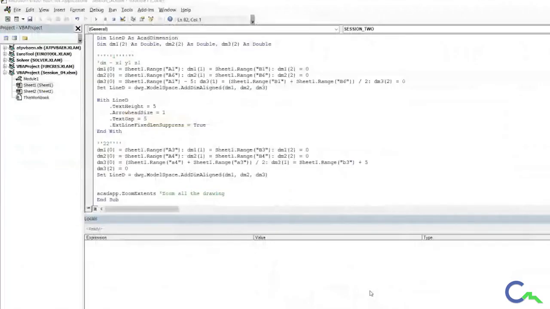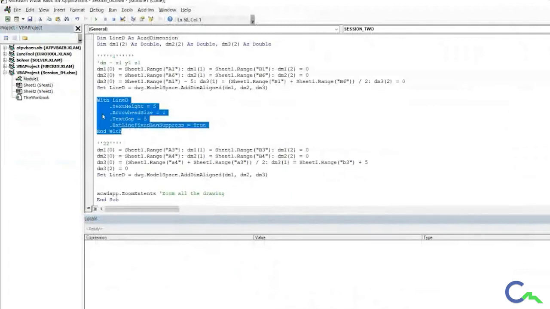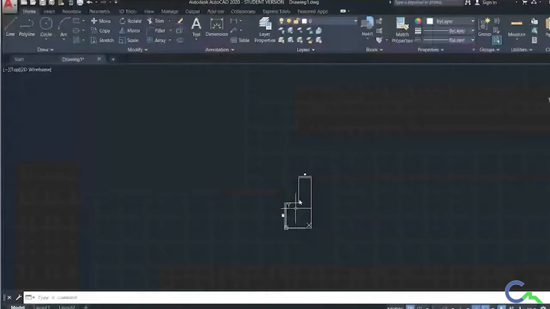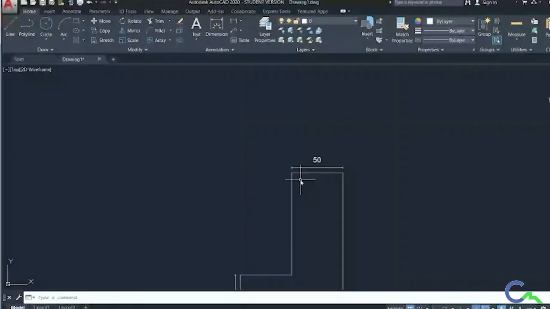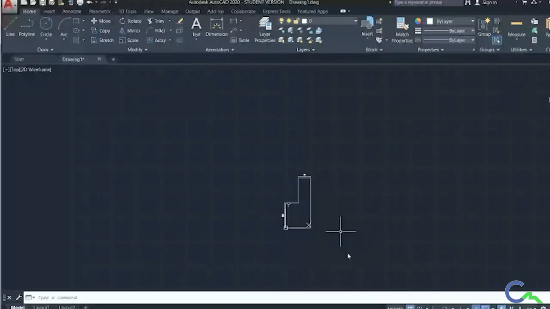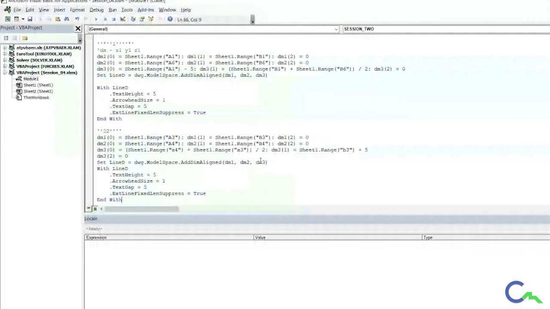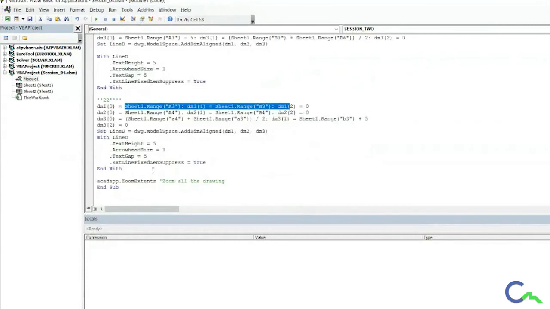We'll see once again. We'll just copy paste these properties here. You can see the dimension is done. The first dimension will be a bit difficult for you because we have to know about the points, and once you get to know how to put these points, you can easily go through that. There's no issue. I hope the dimension was clear for you. If dimension is clear, then text is very easy.